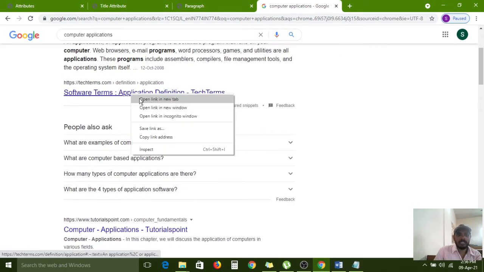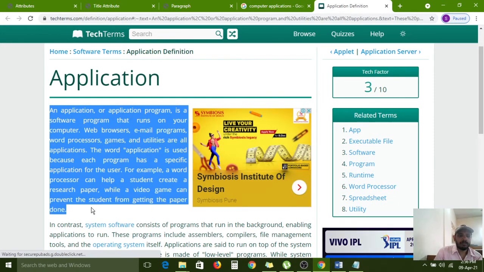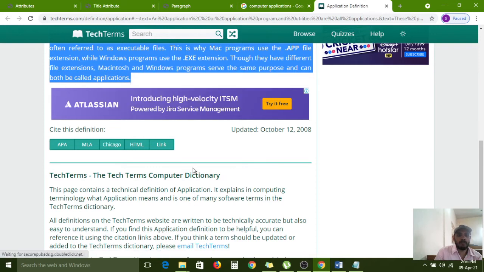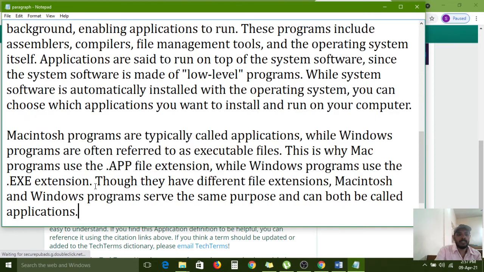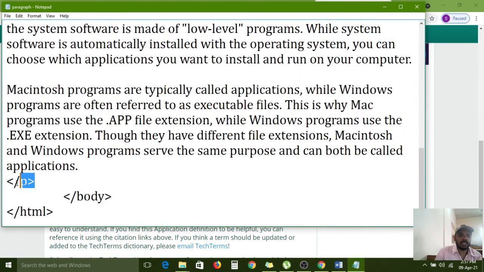So here normal text content is given. Carefully observe. This text is only for copying purpose. Don't worry. Okay now. So from here to here, the complete paragraph I am copying from the website. Again I am pasting here in between these two paragraph tags, the opening tag and also the closing tag we have.